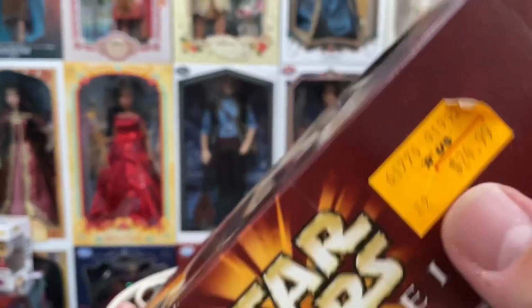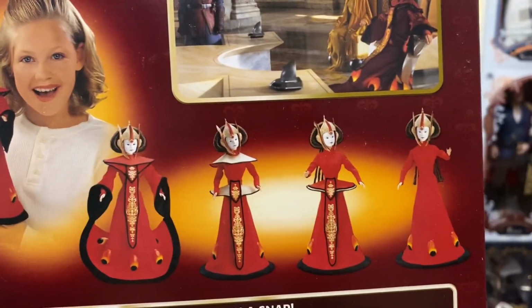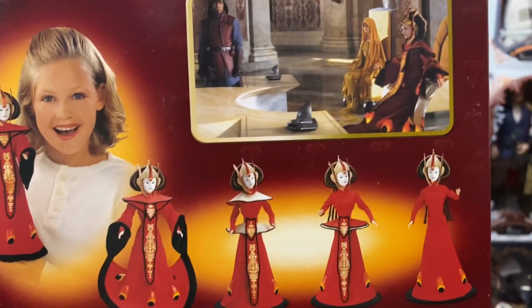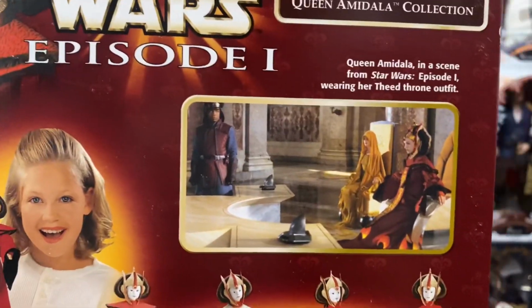But yeah, this one I got at Toys R Us for $24.99. Love that. On the back here, it shows the different ways you could have dressed her, which I was like, this is the only way that she wore it in the movie, so that's the only way she's gonna have it for me. But then it shows, of course, a clip from the movie,